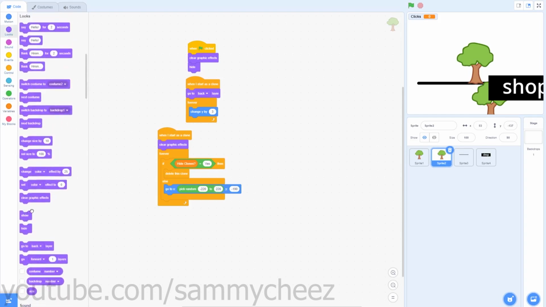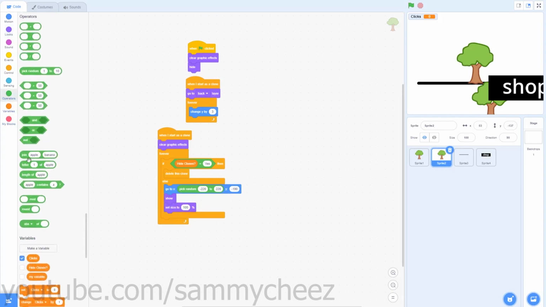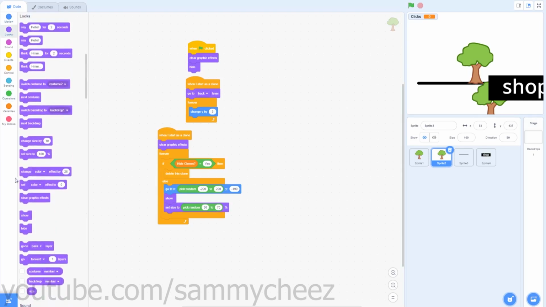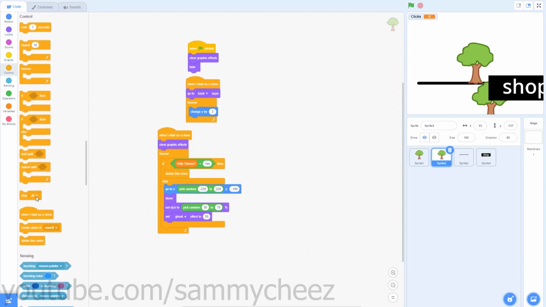Looks, go to show, then you want to grab a set size to, go to operators, grab a pick random, change this to 30 to 70, then go to looks, set, change this to ghost effect to 50. Then what you want to do is go into control, grab a forever, put this on the